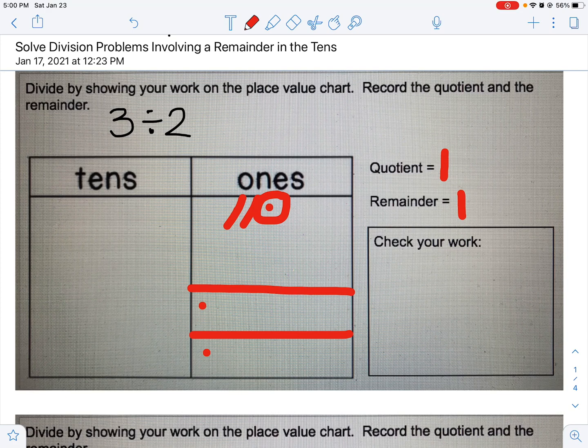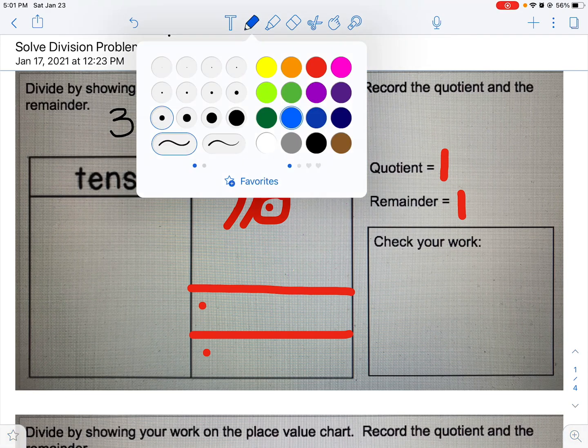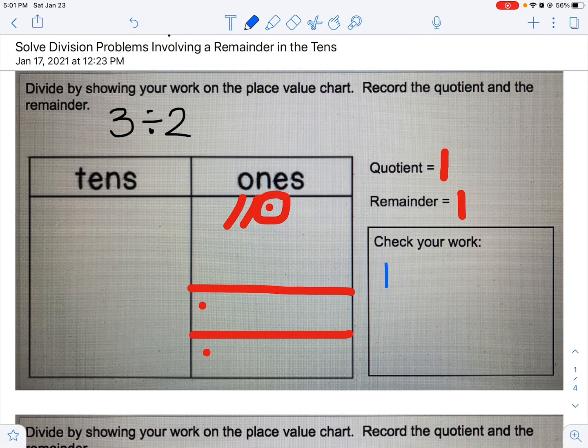To check my work, I will simply do my quotient, which is 1, multiplied by my divisor, which is 2, to get 2, add my remainder back on, and I should end up with my dividend, or my starting number here, which is 3. And if I did, bravo, we've got it correct. So when I write my answer up here, I would write that I have the answer of 1 with a